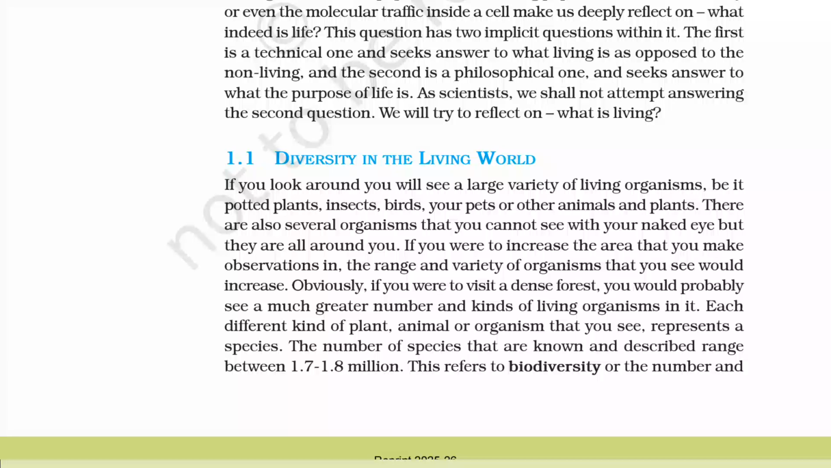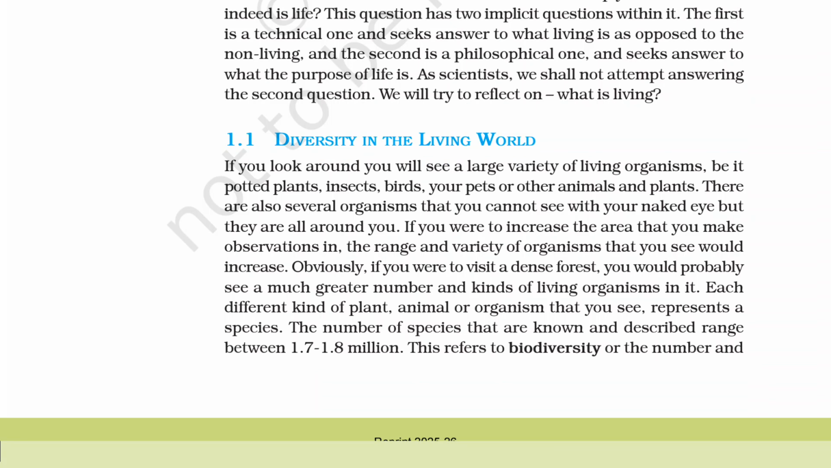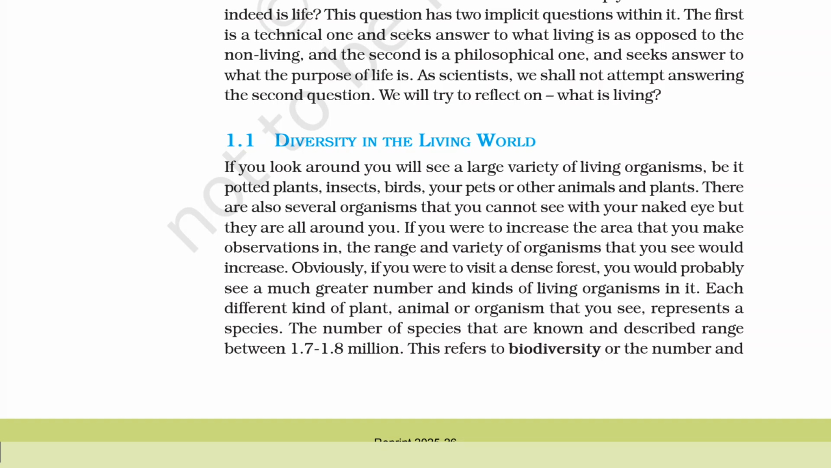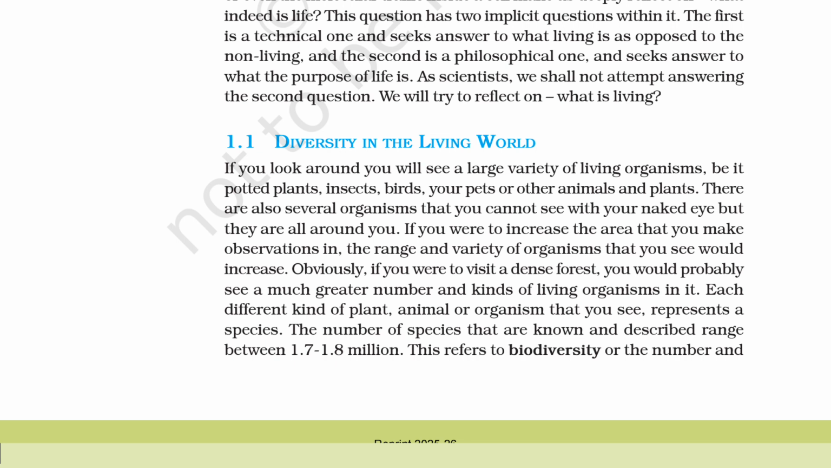So, diversity in the living world. If you look around you, you will see a large variety of living organisms, be it potted plants, insects, birds, your pets, or other animals and plants. There are also several organisms that you cannot see with your naked eye, but they are all around you. If you were to increase the area that you make observations in, the range and the variety of organisms that you see